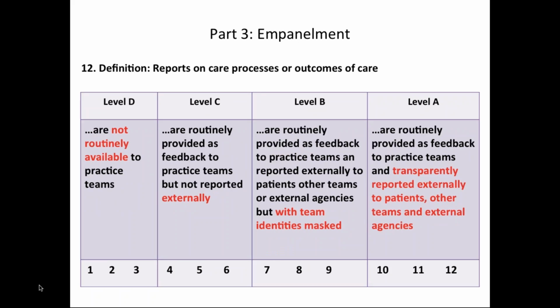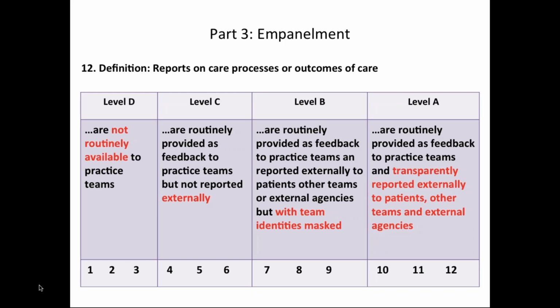And then lastly, I want to look at quality outcomes, because that's another part of empanelment, as I said, that allows you to have clear data definitions. And at the lowest level, it's not available. At the next level, you have reports. Let's use asthma again as an example, but they're not being reported externally. You're feeding that information back to the care teams,